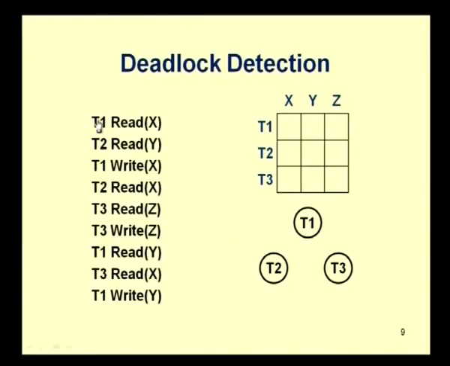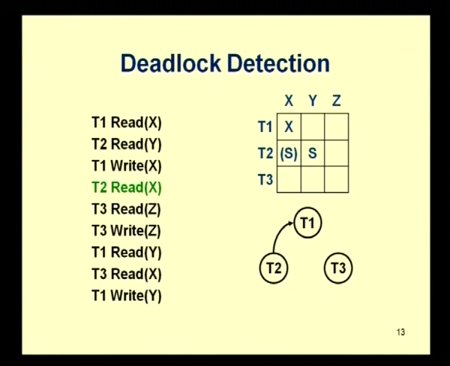So, let us look at deadlock and how it is tackled. I have here 3 transactions T1, T2, T3 and 3 data items X, Y and Z. Now, how do I fill this table? Depending on whether it is a read or a write, I have an S lock or an X lock. First, transaction T1 is reading X, so it requires an S lock. Now, transaction T2 is reading Y, so it requires an S lock again. Now, T1 is writing X, so this S changes to X here. Now, T2 is reading X.